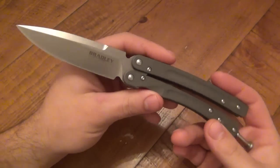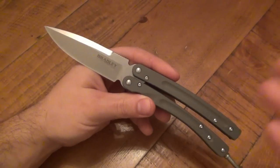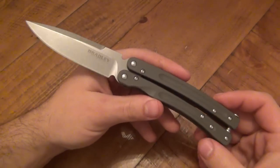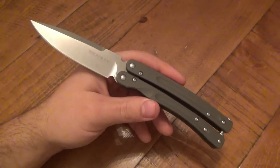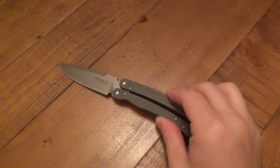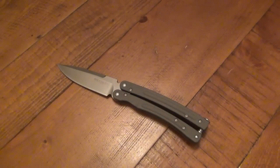But there's two ways I can attack this video. I can focus on the knife itself, just basically as a folder. It's a different type of folding design. Or I can speak to all my Balisong buddies, my BBs, my Balisong buddies, and Balisong babes out there. Or Balisong beauties, if you want to be PC. How's it gonna flip? All the flippers, all the people who love to manipulate these wonderful knives, they want to know how it's gonna